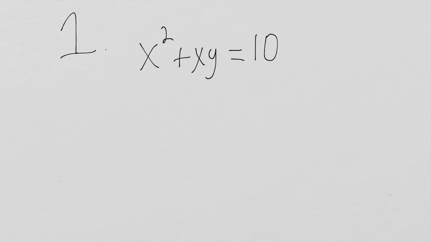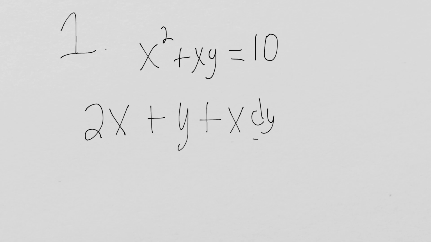So we get the derivative of x squared is 2x plus. Now this derivative is a little bit trickier. It's x times y, so it's a product, so we have to do the product rule. We do the derivative of the first function times the second function, so derivative of x is 1 times y plus, now the first function times the derivative of the second function. So we do x times dy dx, the derivative of y,